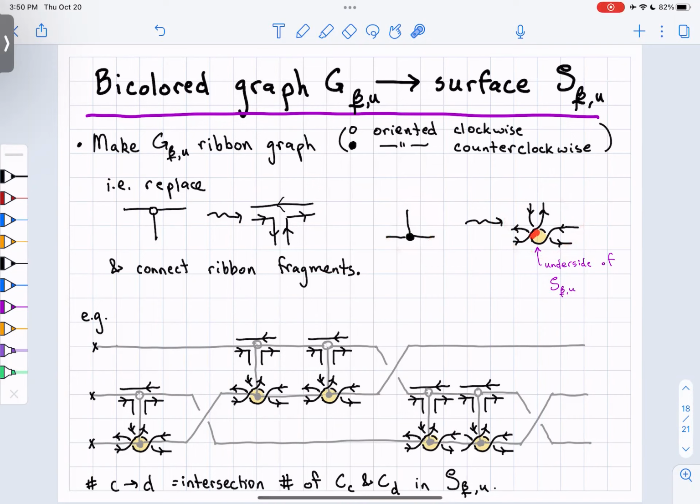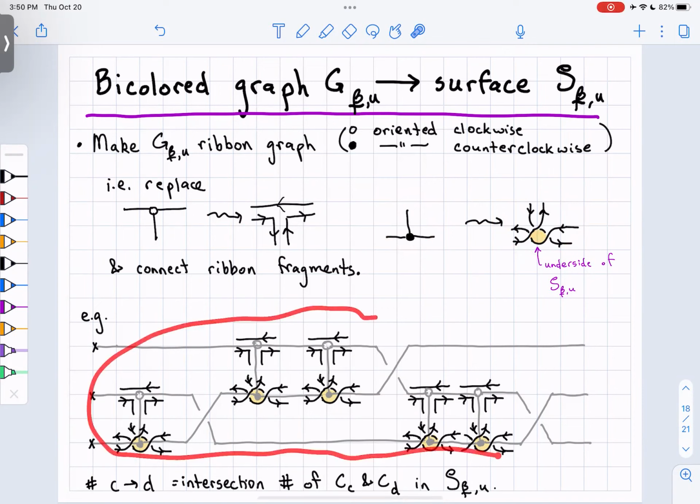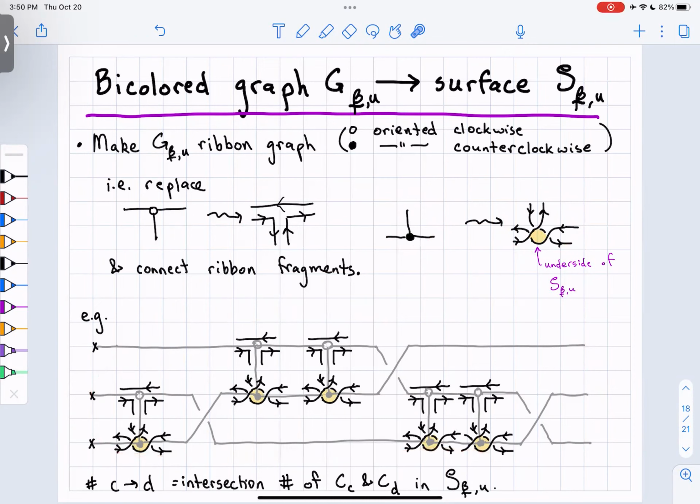So this part is the underside of the surface. And then, okay, so I've done that local replacement here. And then I just connect the little surface fragments along each edge of G. So I go like this. I'm not going to do all of these because they're very boring. But this bit will pass under,